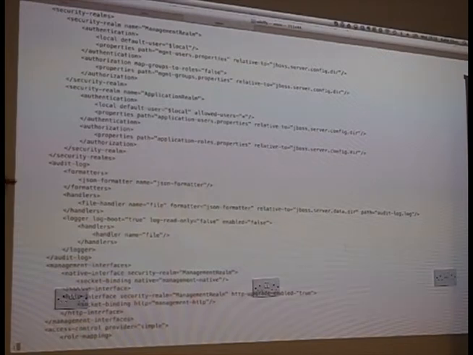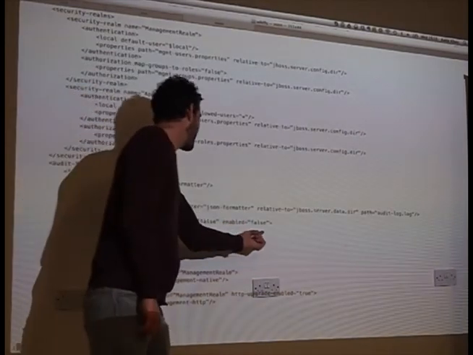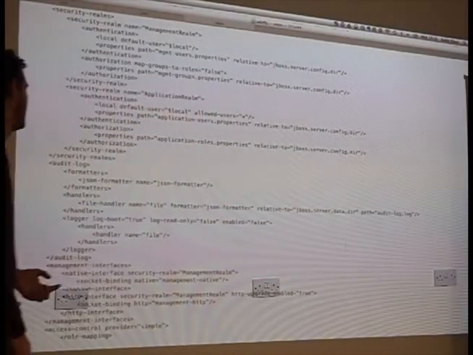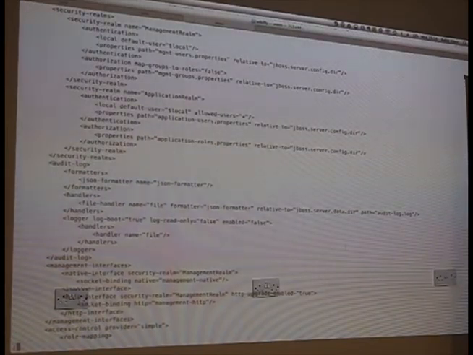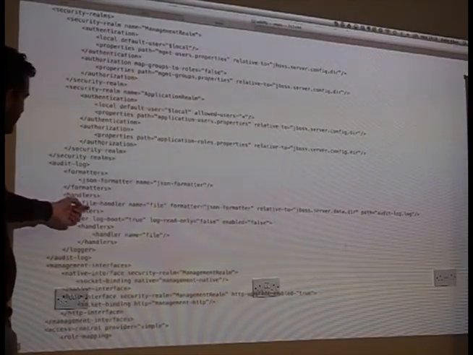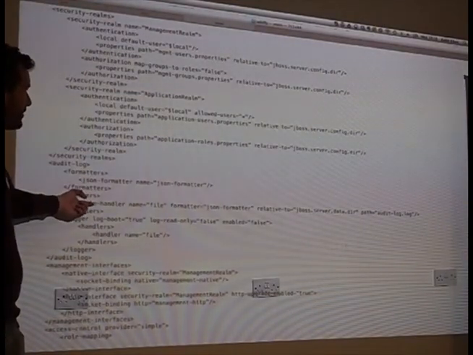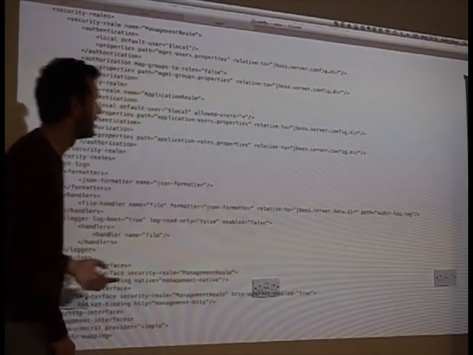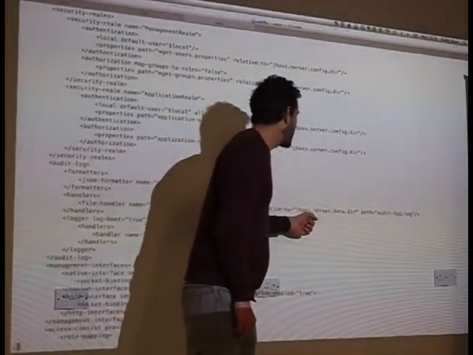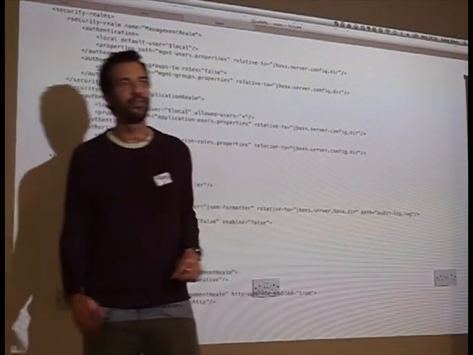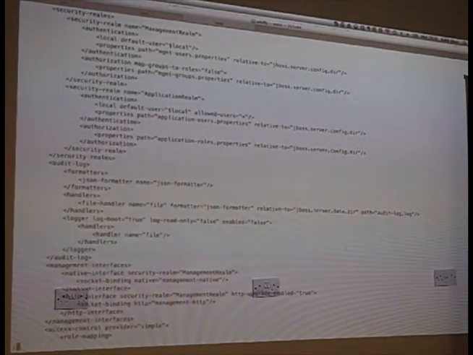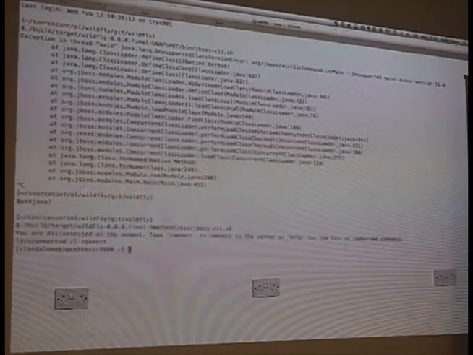And then we have the logger sections. This is where you actually turn audit logging on and off, so it's currently not enabled. We're not logging the read-only operations, we are logging the root operations. And then we reference the handler that we have here, which references the JSON formatter. And this logs to the data directory to a file called auditlog.log. So at the moment this file won't exist because we haven't turned it on. But now if we go to the CLI,